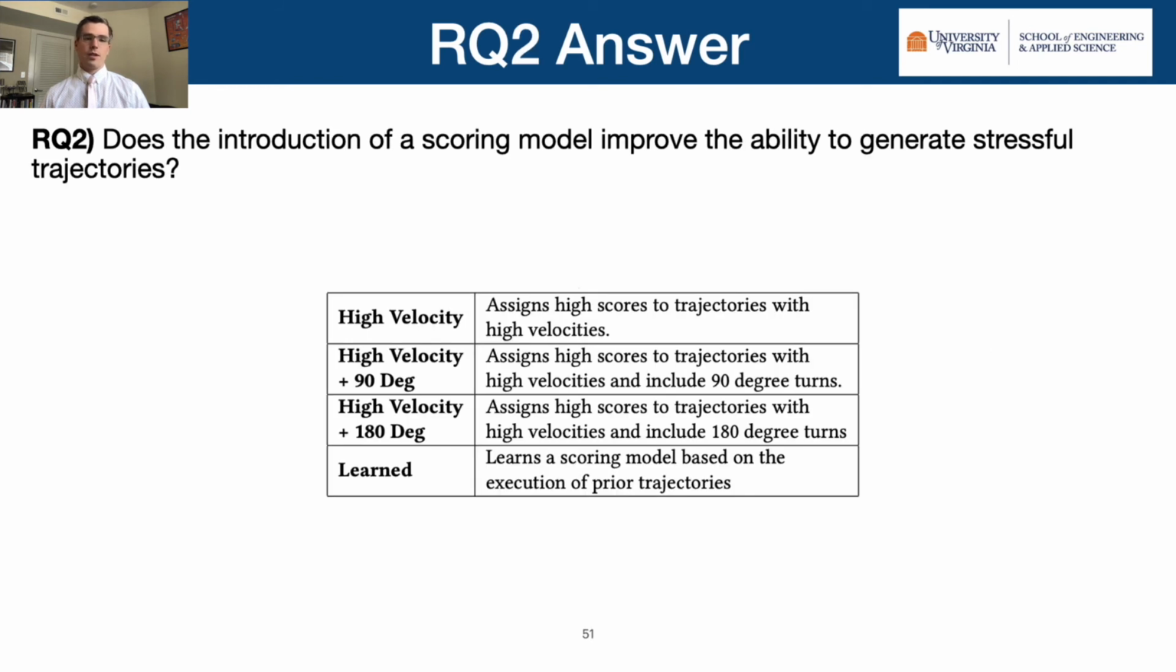To answer the second research question, we wanted to find out if introducing a scoring model would improve the ability to generate stressful trajectories. To do this, we focused on 4 different scoring models. The first assigned high scores to trajectories with high velocities. The next two assigned high scores to high velocities with turns of different degrees. And the final was a scoring model which was learned based on the initial set of tests run with no